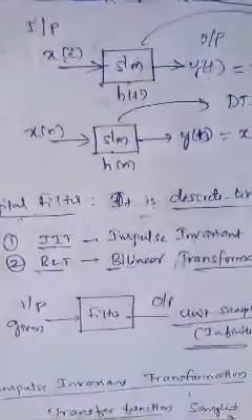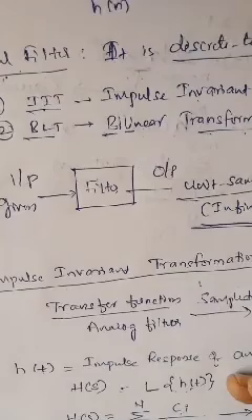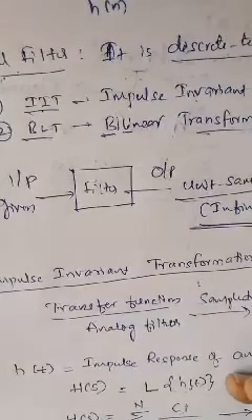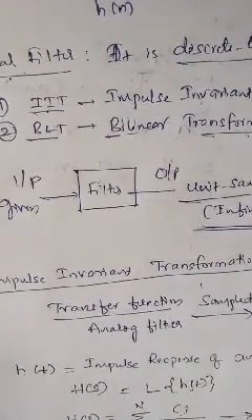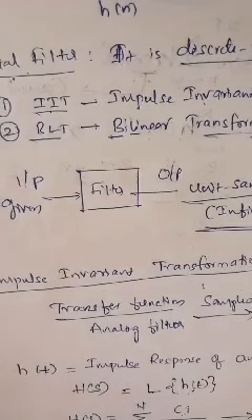Let us discuss the first one, impulse invariant transformation technique, that is IIT. As I told, mainly in this concept, designing of any filter means we must know the impulse response of the filter. If and only if we know the impulse response of the filter, then only we can design. The conversion from analog filter to digital filter means we know analog signal is converted into digital signal by the concept of sampling.